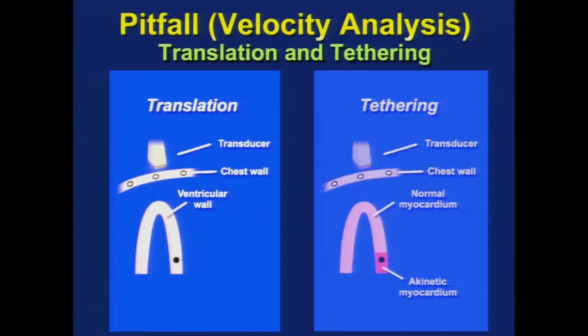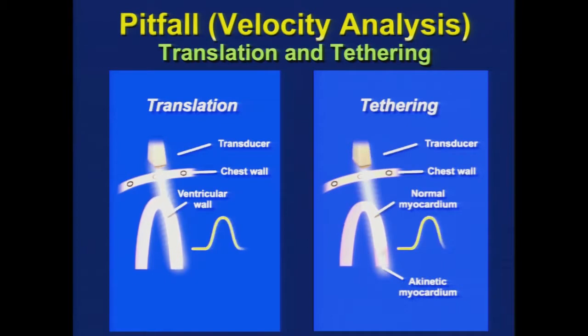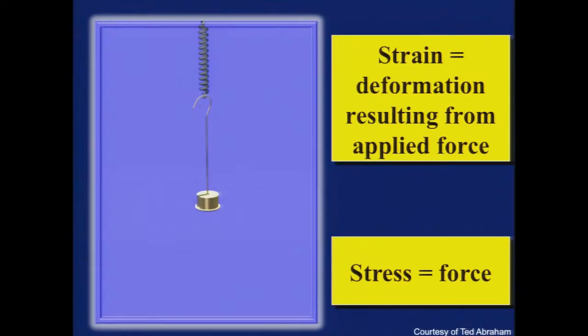There's going to be velocity associated with that motion, but it may not represent, again, true compression or contraction. So to overcome this issue of velocity analysis and the pitfalls, one may look at more local parameters of deformation, things such as strain and strain rate imaging. And strain in mechanical terms is really used to describe deformation of an object, and that is deformation that results from an applied force, this stress-strain relationship.